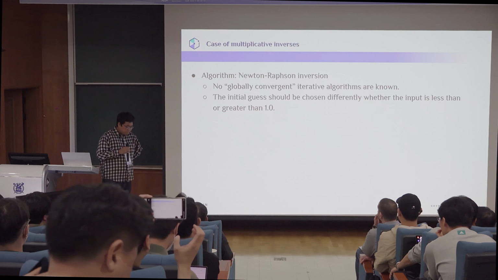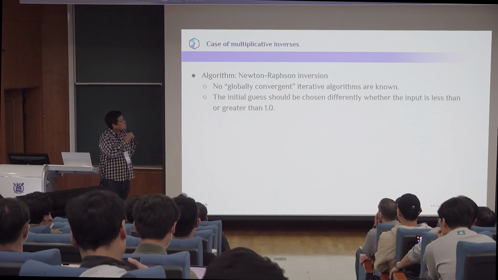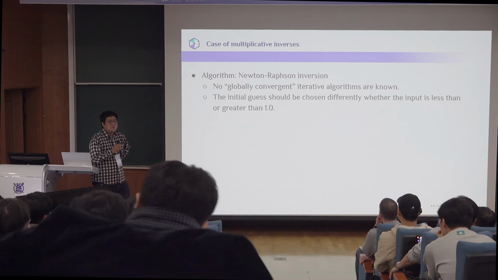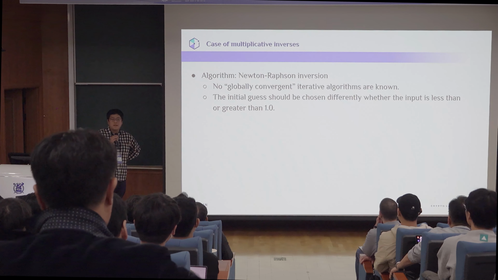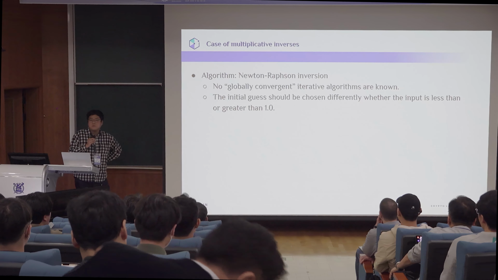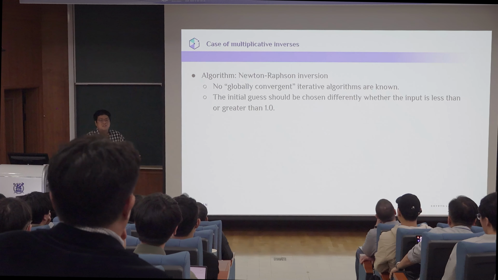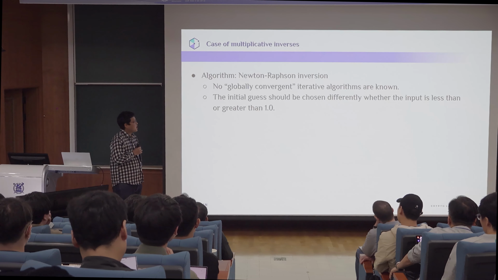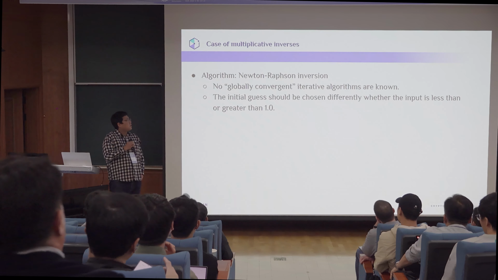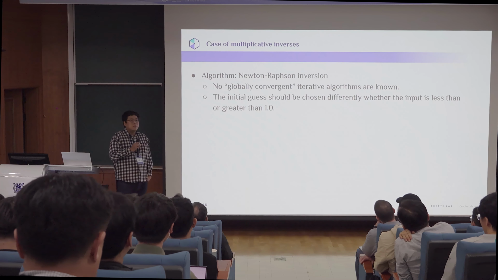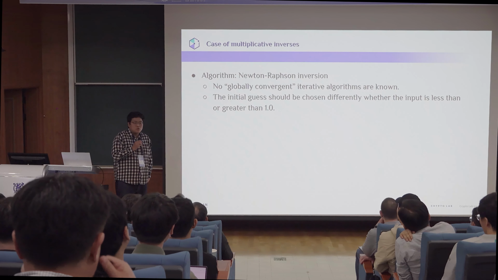A usual algorithm is the so-called Newton-Raphson method. This is an iterative algorithm to find the inverse. So basically, if I give you x, then you need to give me x inverse. But there are no known globally convergent iterative algorithms. That means that we need to choose